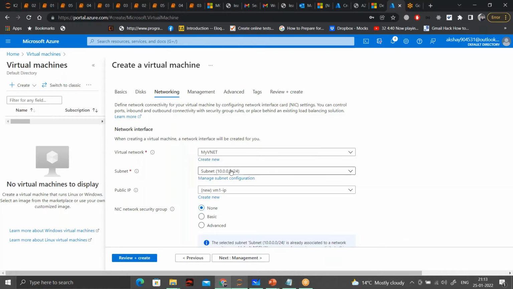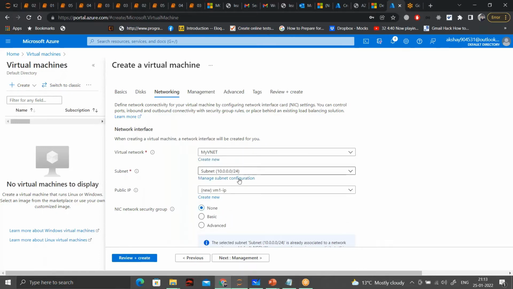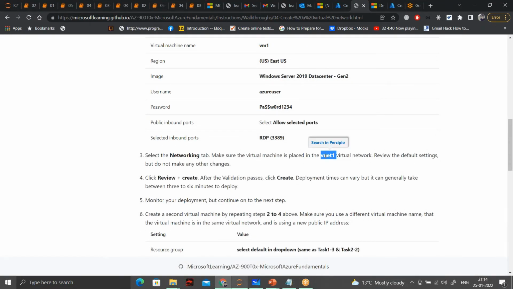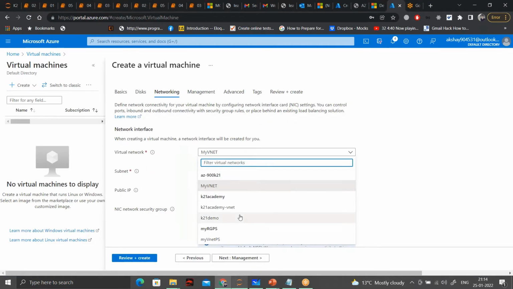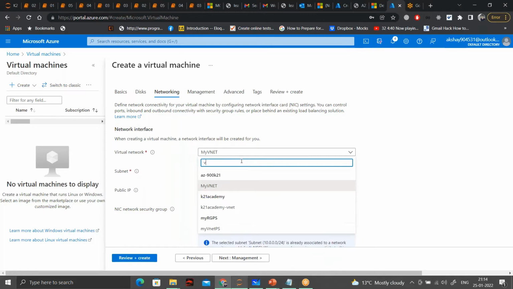I will use the same virtual network, and then the subnet and other things we can keep the same. There should be VNet1.